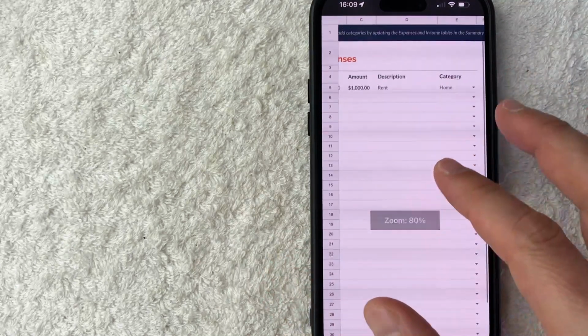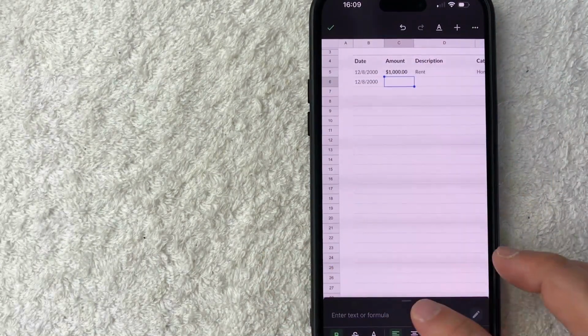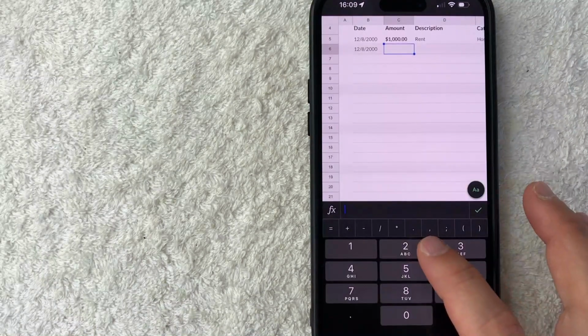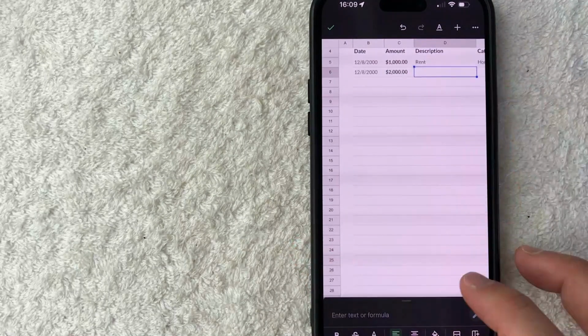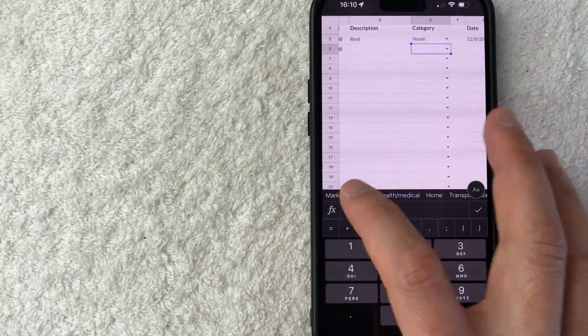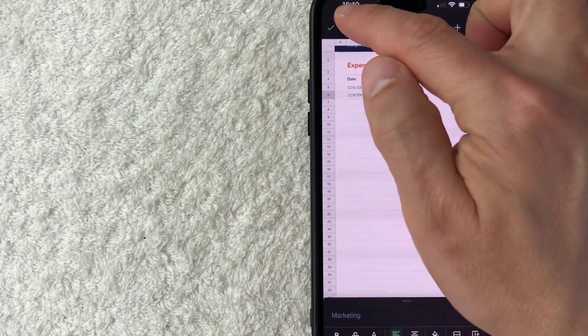So let's go ahead and add in another expense. So we'll do the date here. So we added in a date. Next, we're going to enter in an amount. So we'll say that this transaction was $2,000, and then we're going to enter in a description. Let's just keep it, we'll do it as marketing. Okay, so we've entered in a marketing of $2,000, and then we're going to click on the green check mark,